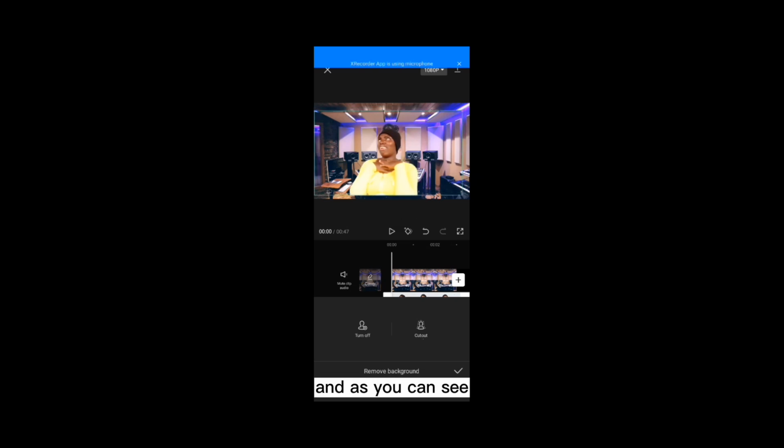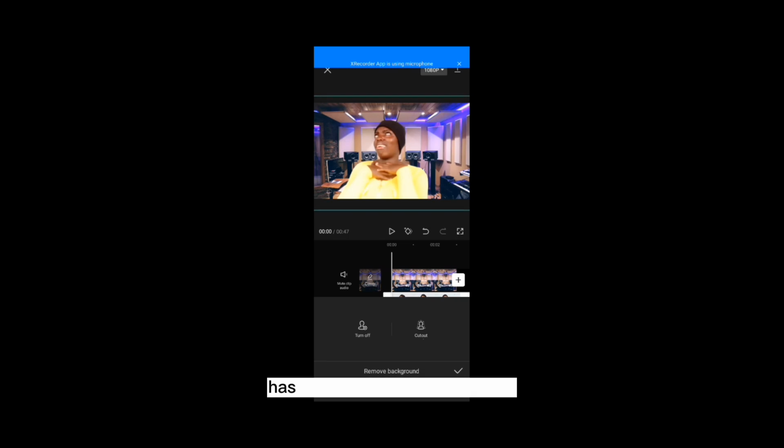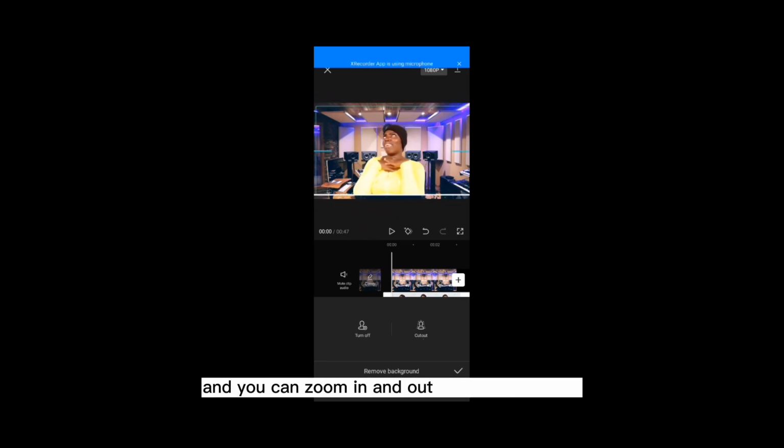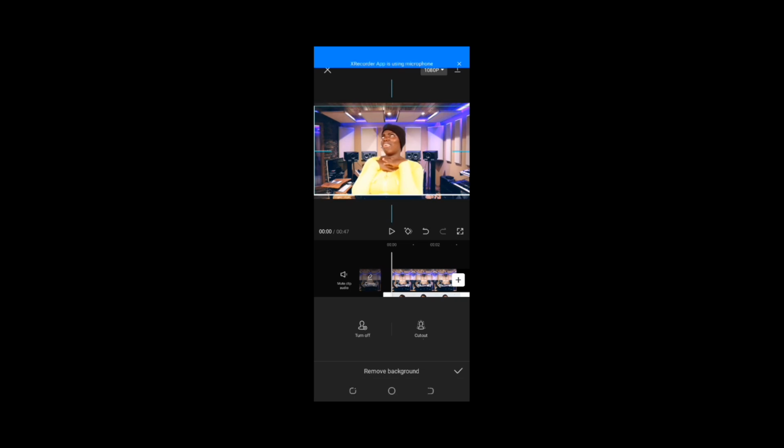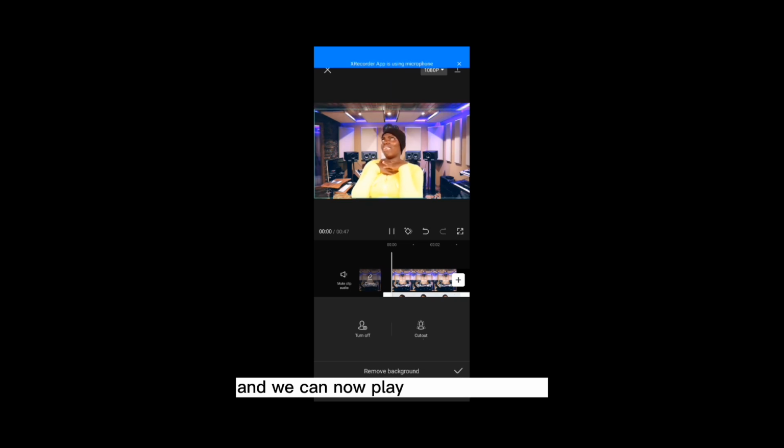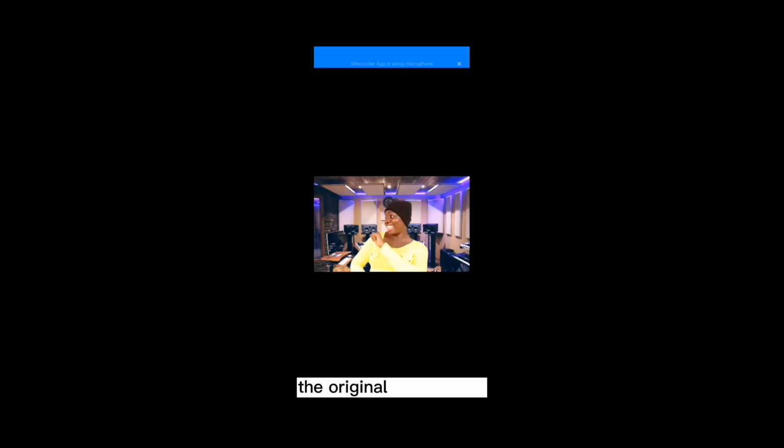And as you can see, the background of this video has been successfully removed, and you can zoom in and out however you want. And we can now play a video without the original background. Just look at how it is, and then you can export it into your gallery and use it for whatever